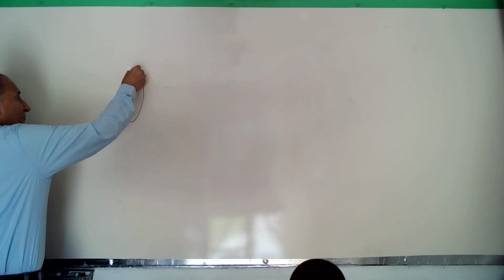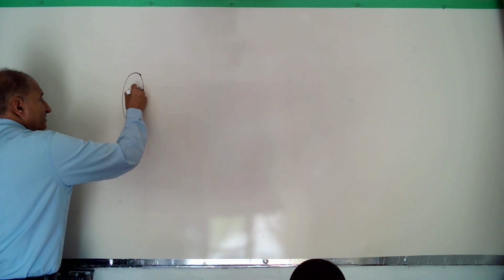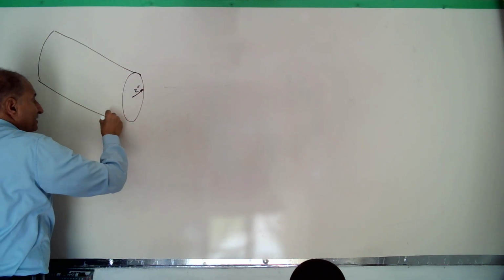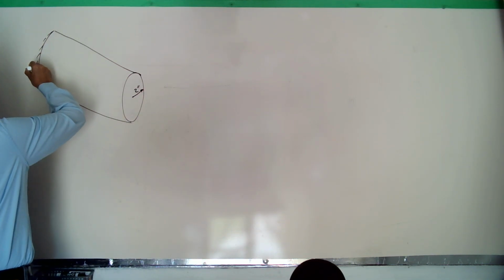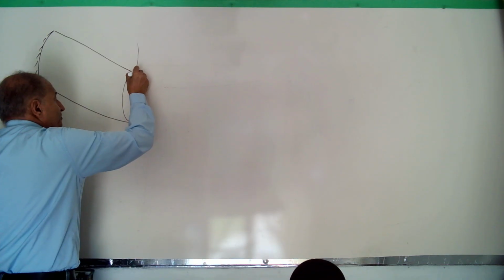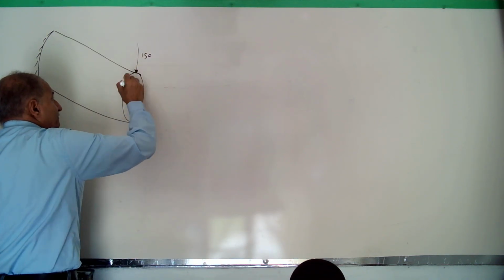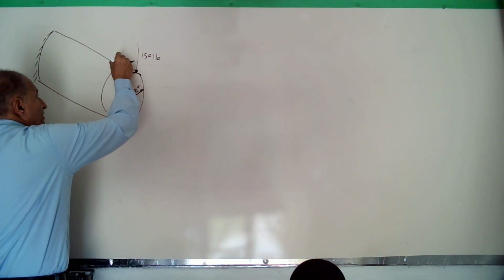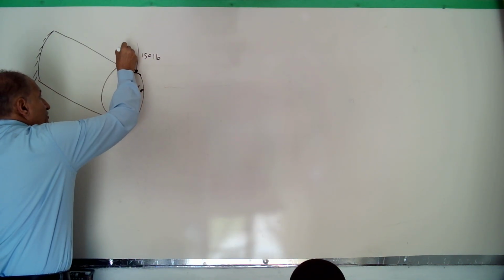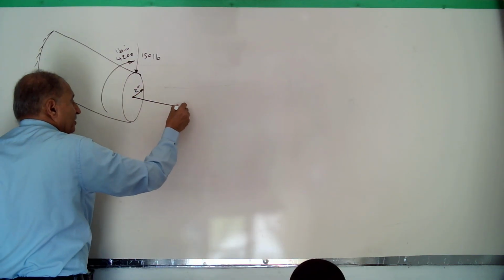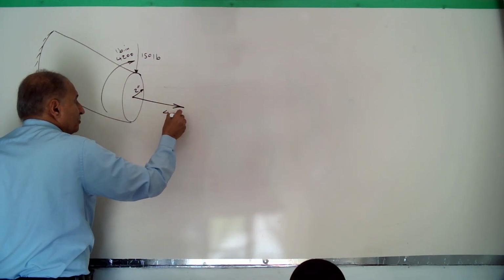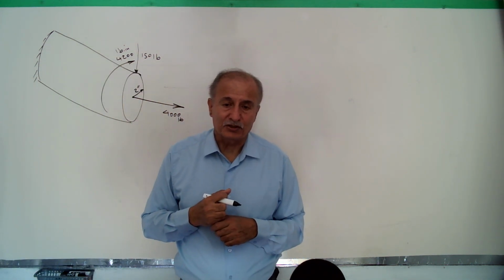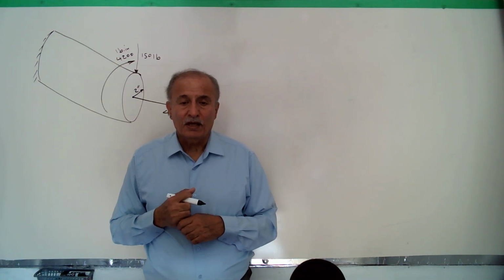Consider a shaft with a circular cross section of radius 2 inches, fixed at one end, with a transverse shear force of 150 pounds applied to the free end, a torque of 4200 pound-inch, and an axial load of 4000 pounds applied in the x direction, just pulling the shaft. In this case,